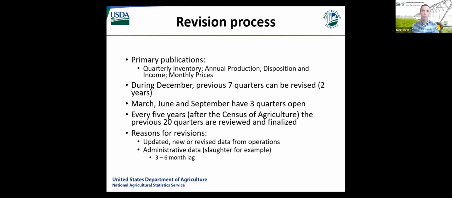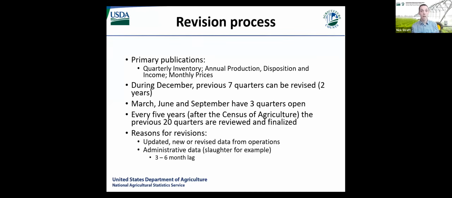To talk about that, we really only do revisions if we have updated or new or revised data from operations. So if we got an incorrect report from a large operator or maybe from several large operators, that could prompt us to do a revision. If we looked at the numbers and found this report was given to us in error accidentally or whatever it might be. However, the majority of our revisions are based on administrative data,